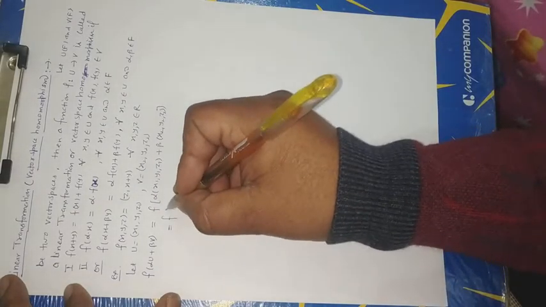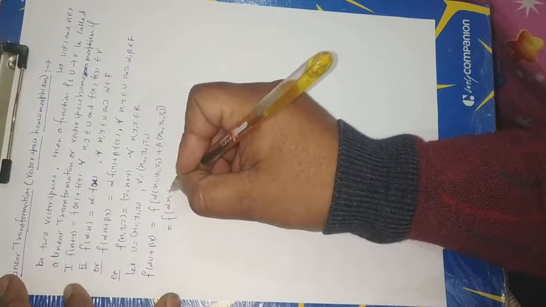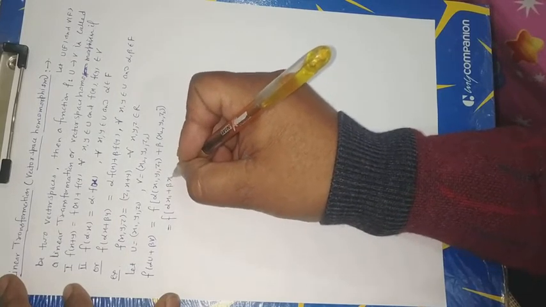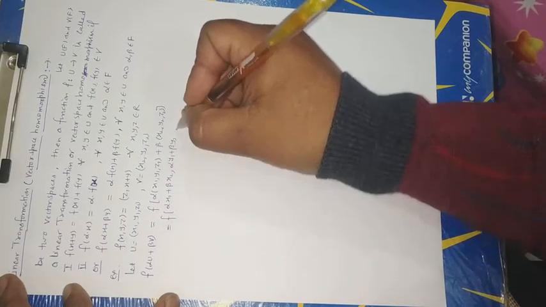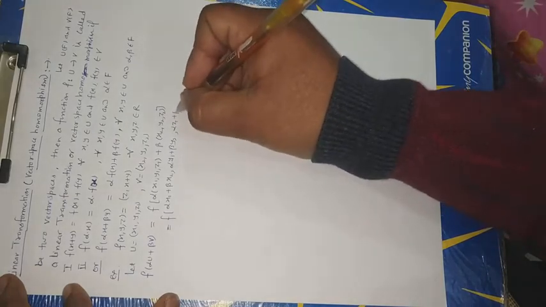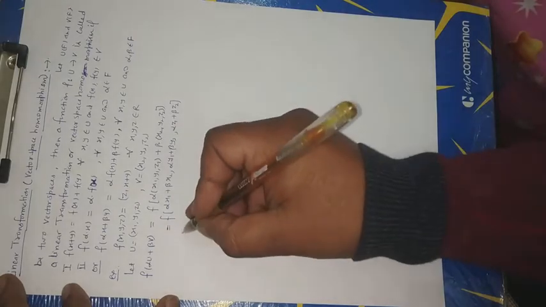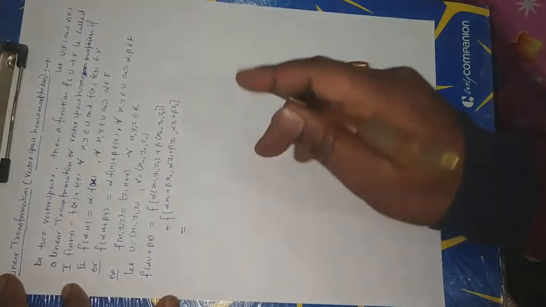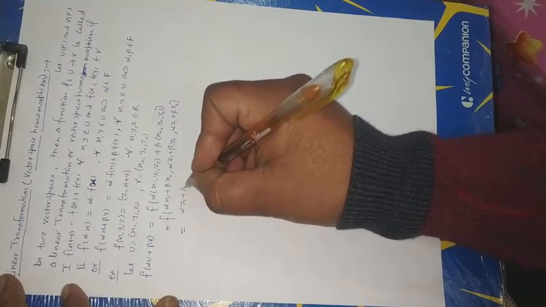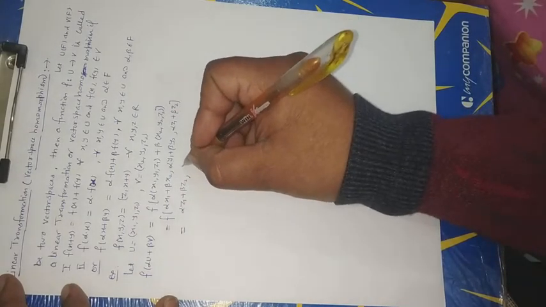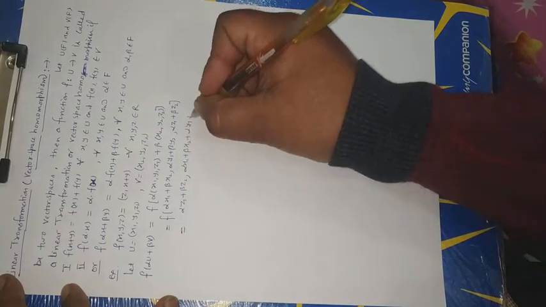Now we can write f(alpha x1 plus beta x2, alpha y1 plus beta y2, alpha z1 plus beta z2). After transformation it will convert to (alpha z1 plus beta z2, alpha x1 plus beta x2 plus alpha y1 plus beta y2)